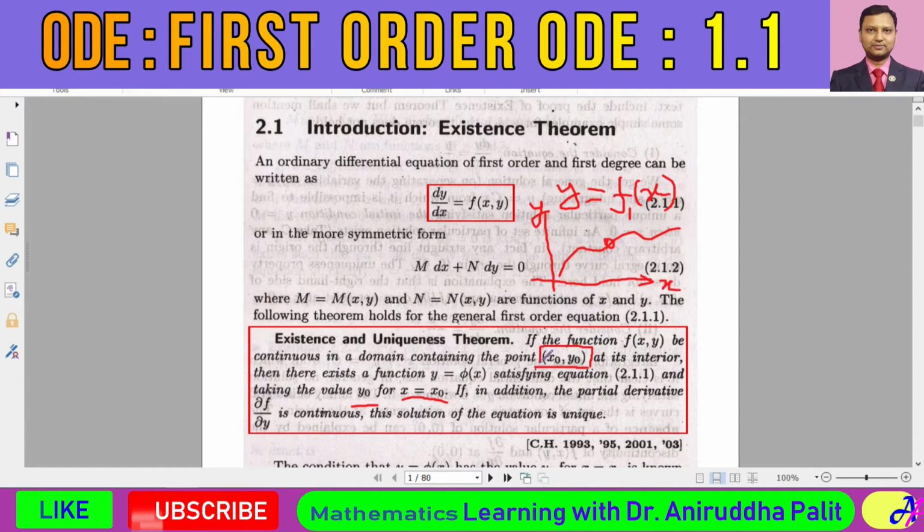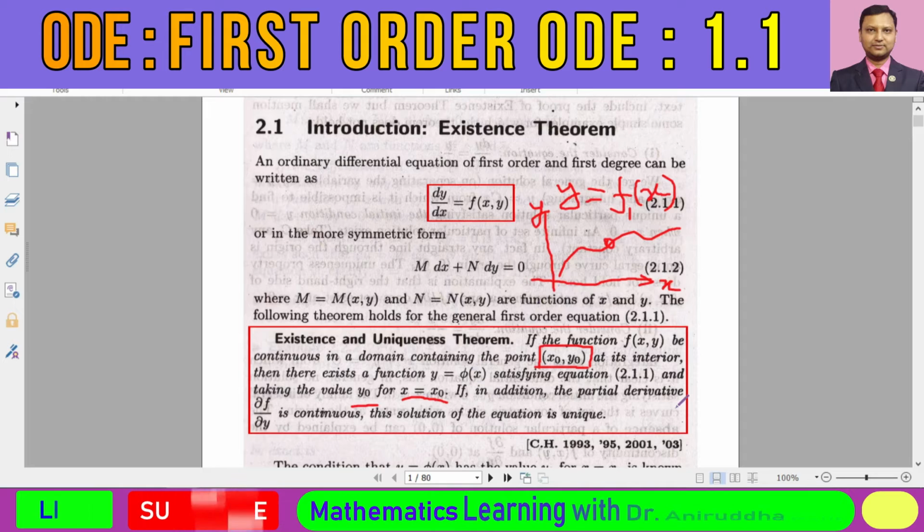So x0, y0, although it looks like a point in this two-dimensional plane, actually represents a certain kind of initial or boundary condition. What is the condition? The condition is that y is equal to y0 when x is equal to x0. Okay. So this is the existence and uniqueness theorem. The theorem says that the function f, this function of two variables, should be continuous. Along with that, this partial derivative of f with respect to y must be continuous